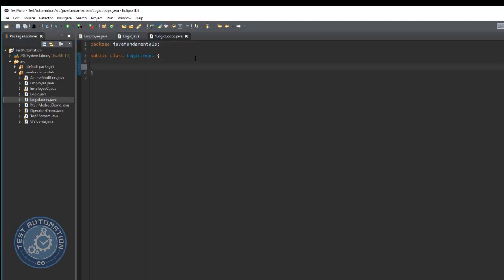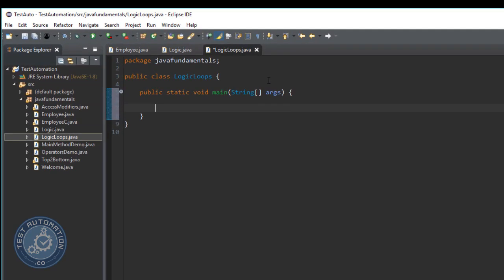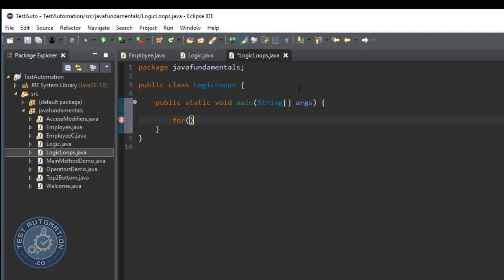The first thing you can do is creating a main method. That's how you can run the program and test it. And in here, I will write a for loop to start with. This is how the syntax goes. A for loop will have for and int i equals 0, semicolon, i less than some integer value. For now, I will keep it as 10, semicolon, i plus plus, open curly brace, close curly brace, and within